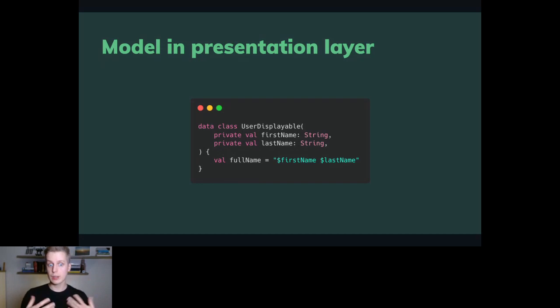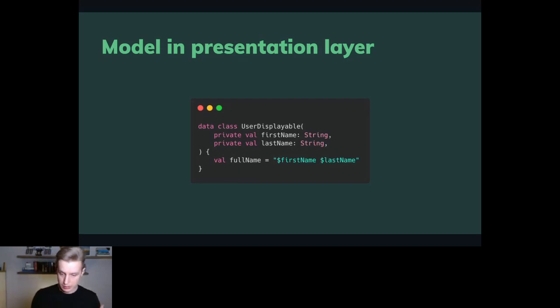So yeah, in this three example, we have almost the same user model, but all of these models have different purposes of existence.